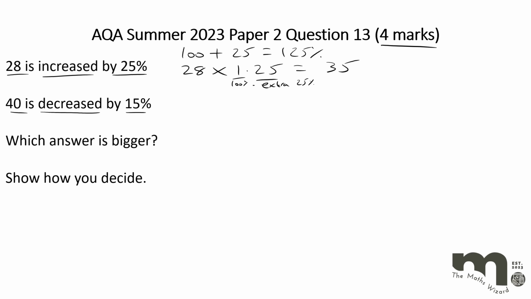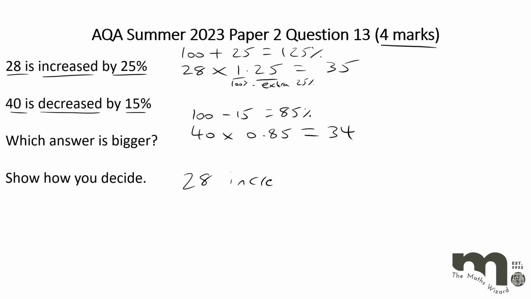If we then look at this decrease then, well, if you do 100 take away 15, that tells you you're going to be left with 85%. So all we then need to do is just do 40 multiplied by 0.85 on our calculator, and that will tell us our new value here is 34. So we can see then that 28 increased by 25% is bigger on this particular one because that's 35, whereas